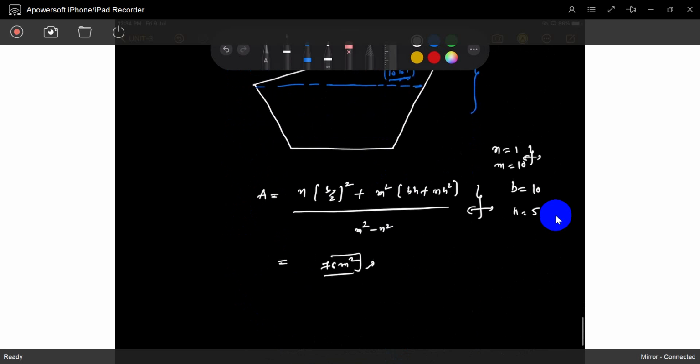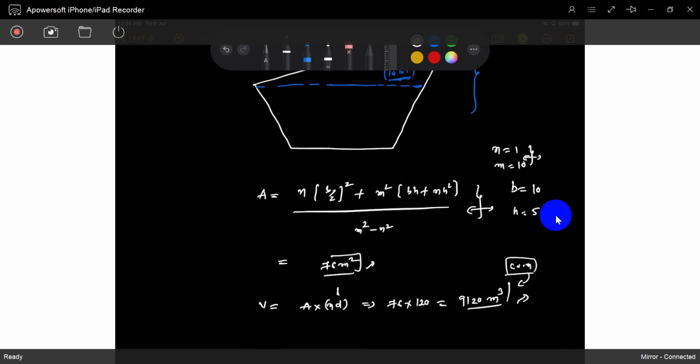So automatically the volume is the area into the total distance. 76 into 120 will come 9,120 cubic meters. Meter cube or cubic meter, the symbol is same. Those are the areas, those are the volumes. That's the end of the story. You can easily find out the areas and volumes.